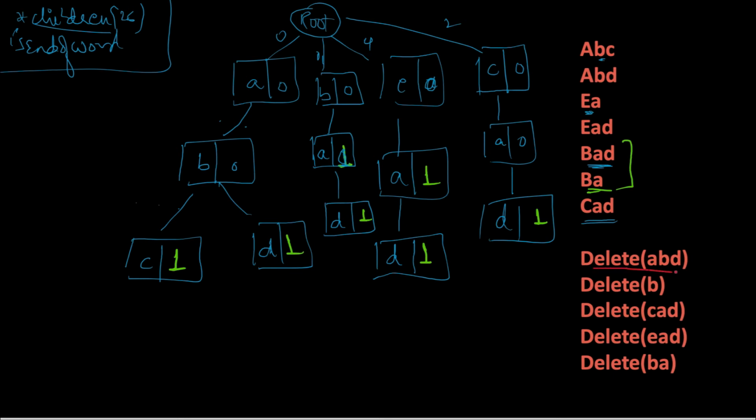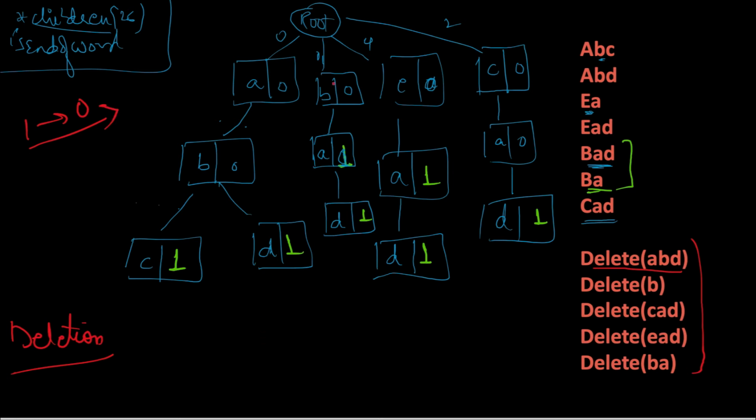Now if we have to delete these strings, the bottom rule of deletion is, say we delete this A, B, C: we can delete a node only if there are no children of it present. So we delete a node if all of its children pointers are null. Otherwise, if we have to delete a word, we can also mark the end of the word from 1 to 0. This will also mark the deletion of the node.